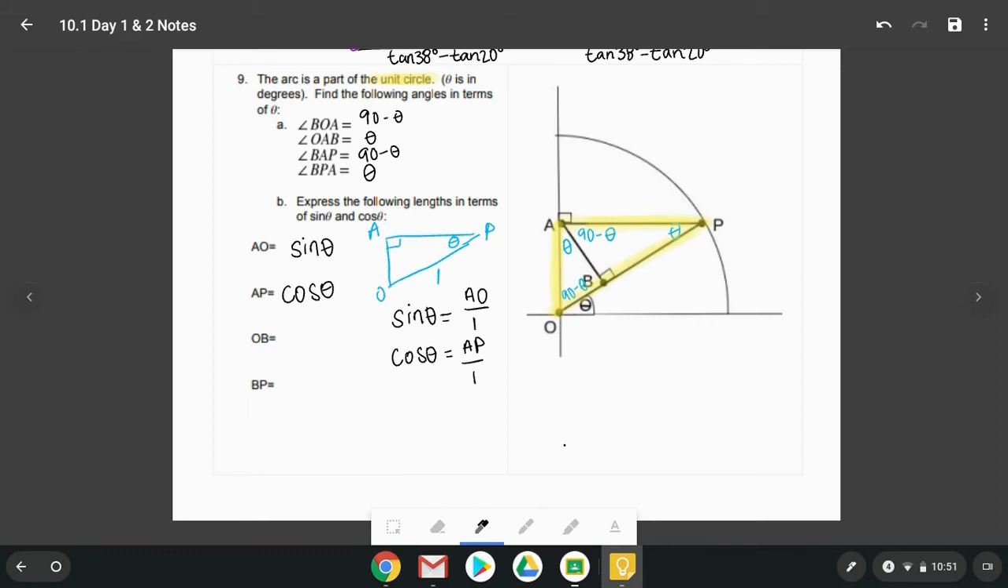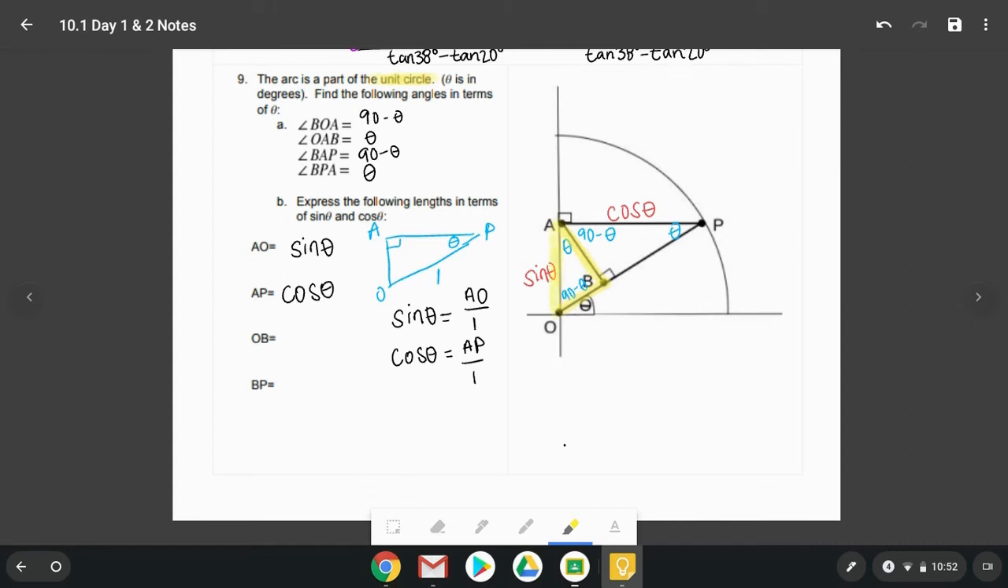Okay, since we know that, when I go through and find OB and BP, what's going to be helpful is if I label these two sides that I've already found in my diagram. So again, we are looking for side OB now, so I'm going to highlight him. And I am looking for a triangle that has theta and this side. So I'm going to now highlight triangle